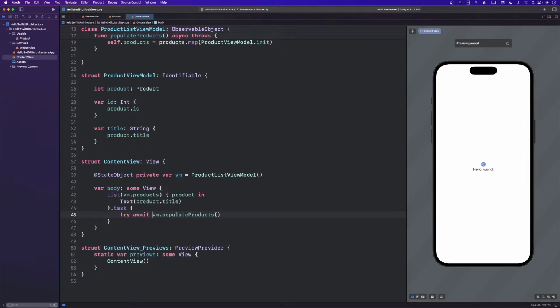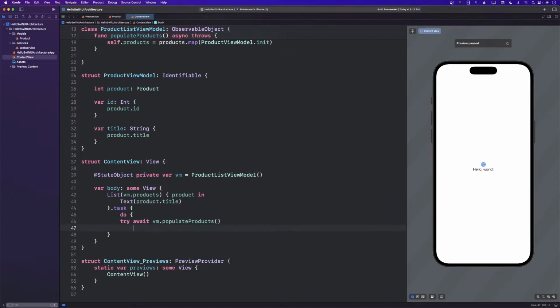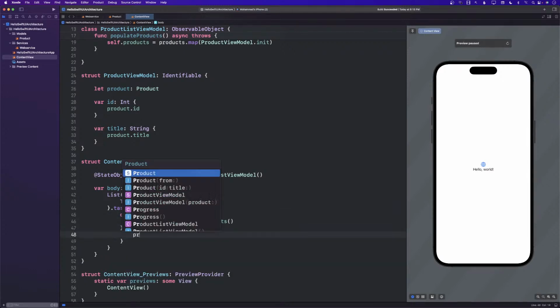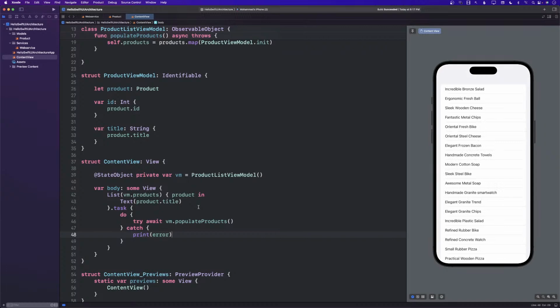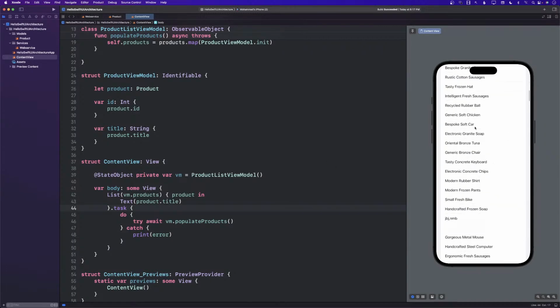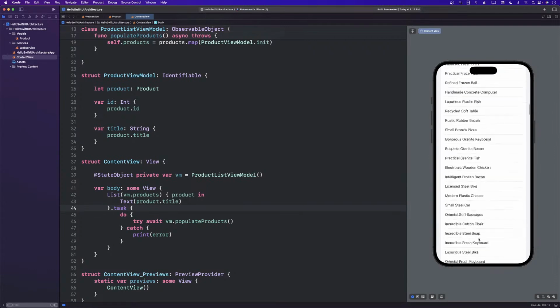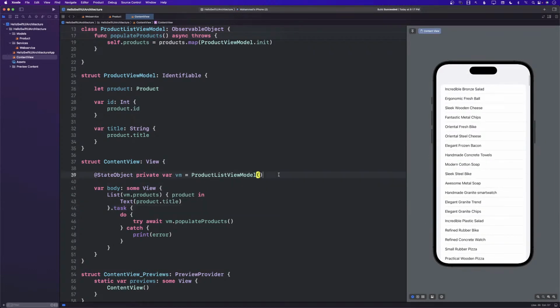But again, this is the async event, so we have to try await, and we also have to capture the error. So if there is any error, capture it. Don't display it on the console, display it on the UI or something, or log it. But that should probably be it. That will be your MVVM. And you can see on the right hand side, I have displayed a list of all the data. So we are able to fetch the information from the server, and we are able to display all of this information. All right. Any questions at this point?